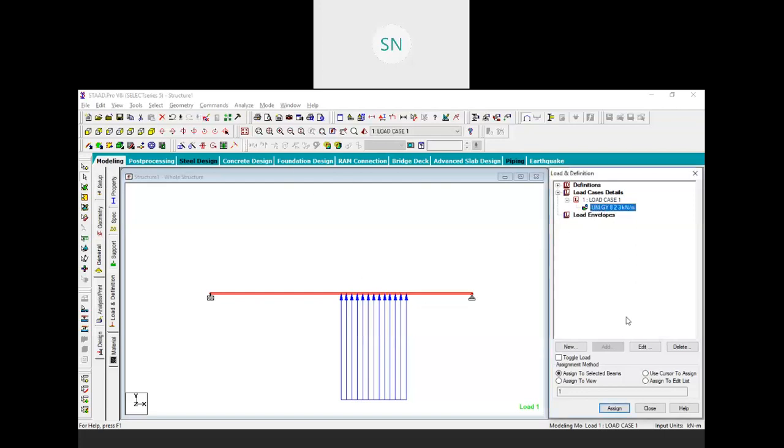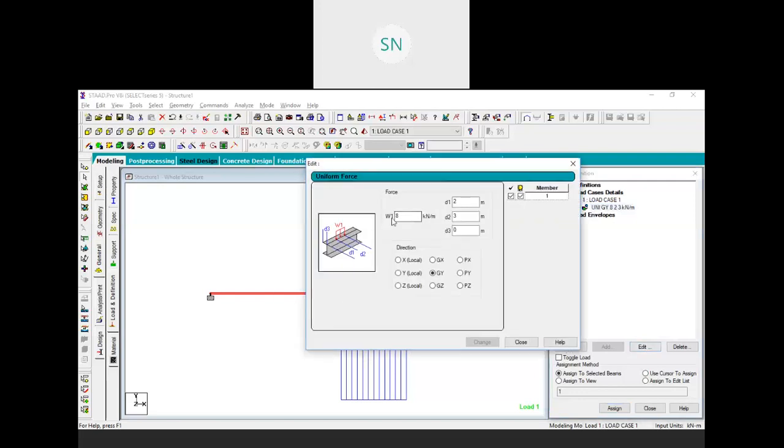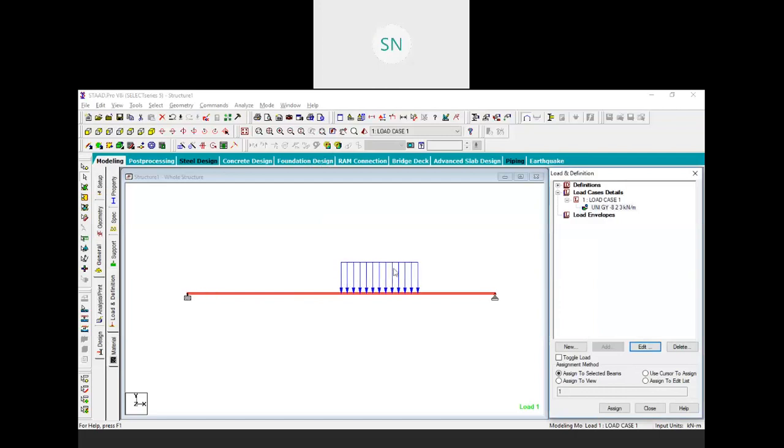So again click on that, click on edit, and here you have to provide -8. When you put a minus sign in front of this value, your load direction will be reversed. Click on change. Now as you all can see, we are applying load from negative y direction.